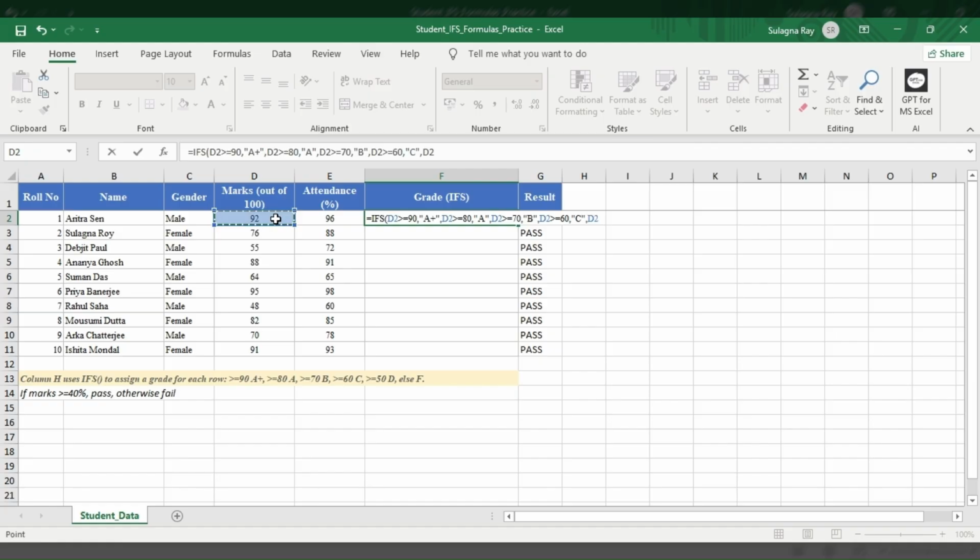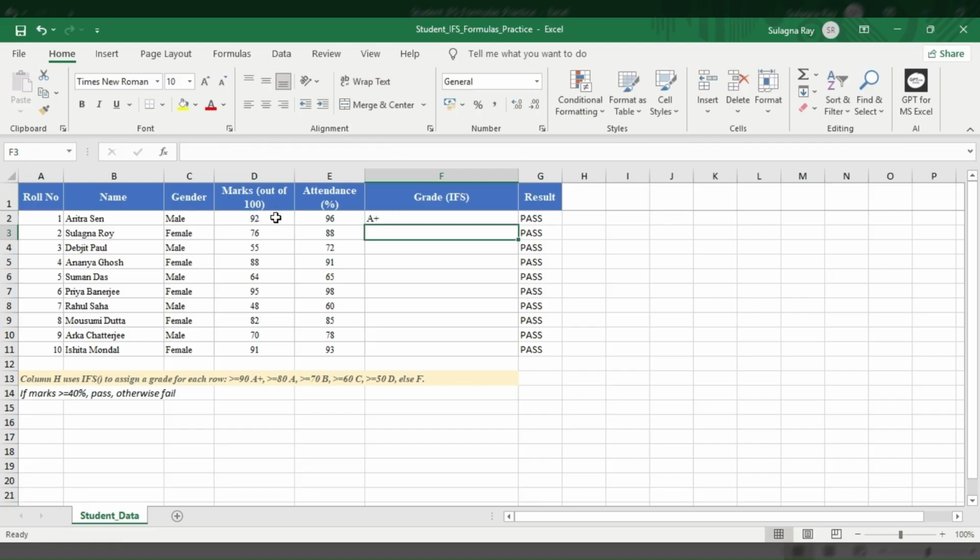Again select the marks cell, greater than or equal to 50, press comma, then type D. Now the last and sixth condition is if the marks is less than 50, then it will return F. So for that we select this cell, press less than 50, press comma, and the return value will be F. Close the bracket, press enter.